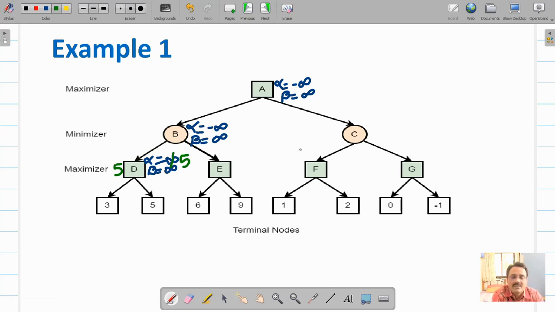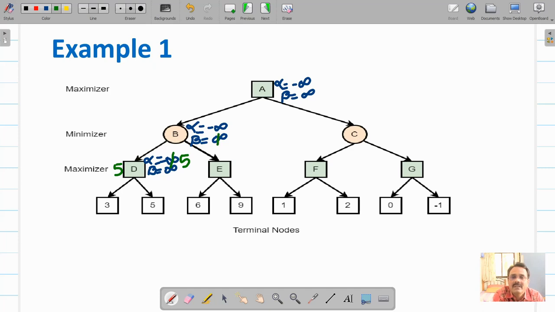Now it will backtrack like DFS. B is your minimizer node, so the value of beta will be updated if required. B is getting 5 from this max node, so the value of beta associated with B will be updated.